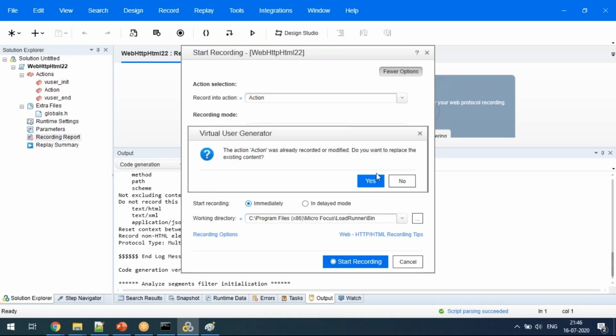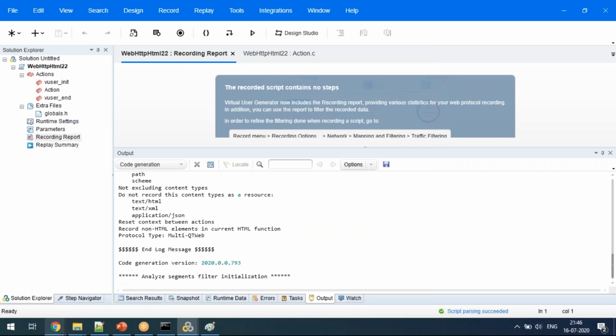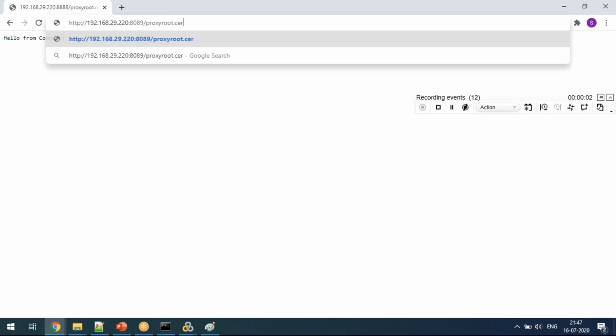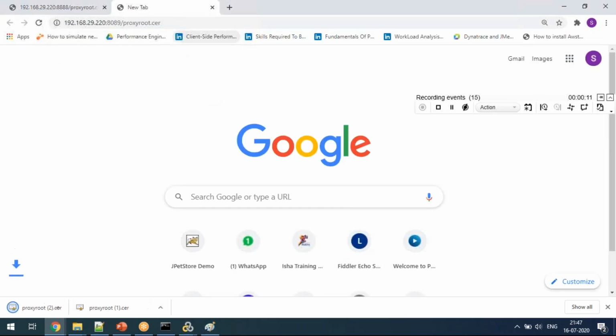Okay, start the recording, and then you go here in the browser. You try to copy this and hit this one. You can see below it is downloading. Yes, this is how we generate the root certificate, Manju.